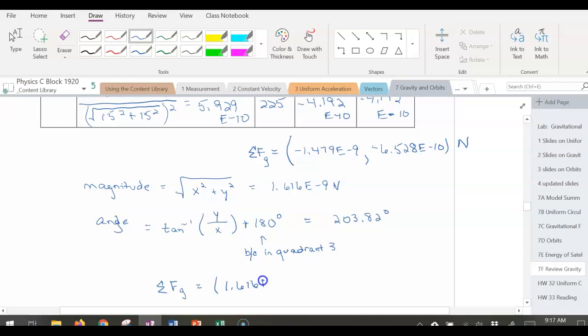And so that net force of gravity in polar notation is 1.616 times 10 to the negative 9th newtons, and it points in a direction of 203